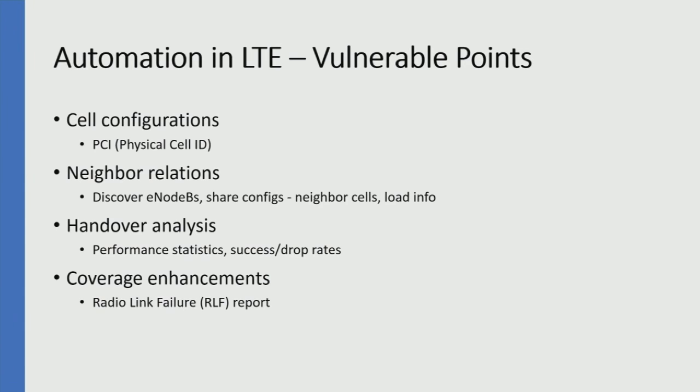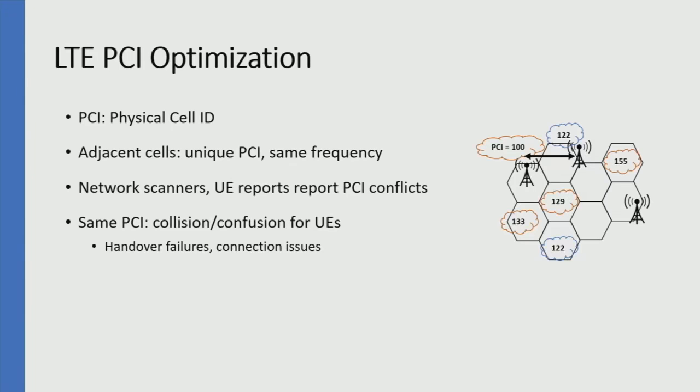To understand these vulnerable points, I just wanted to share all the kinds of vulnerabilities we found in the SON. The first one is the PCI optimization. PCI is nothing but a cell ID. So we have different cells, let's say this is a geographical area, and each cell has a different cell ID, because it has to be different so as to avoid interference between adjacent cells. When a base station figures out that the adjacent base station is trying to use the same cell ID as mine,